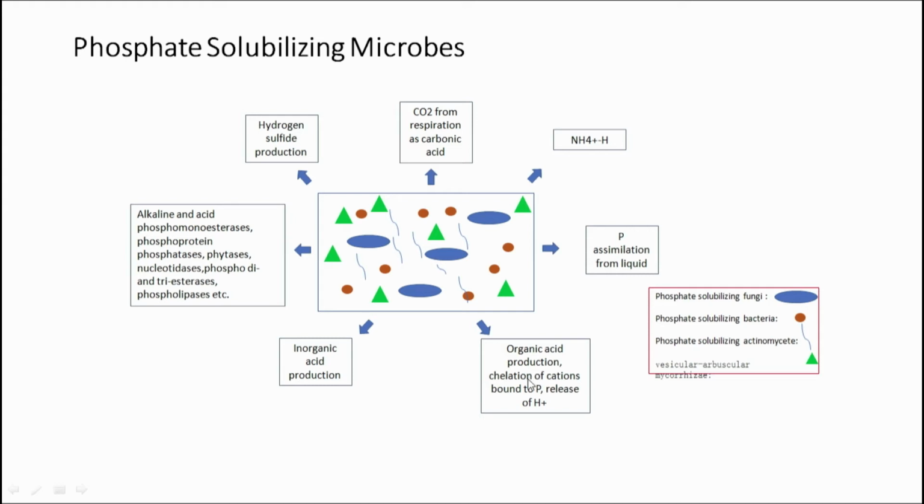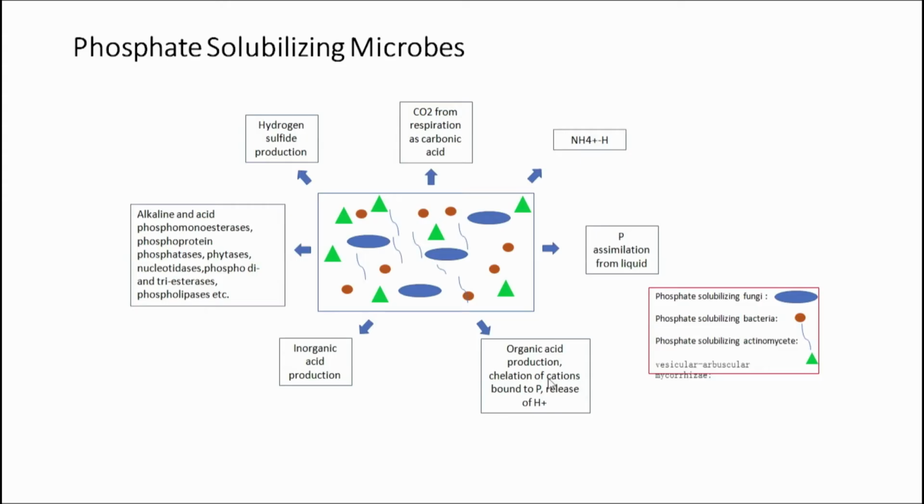What you see in the next point is chelation of cations which are bound to phosphate. Now you know phosphate is negatively charged, cations are positively charged. So in the soil there could be a lot of these cations which are capable of binding to these phosphates. However, in that form it cannot be taken up by the roots of the plants. But what the roots can do is bring about chelation, that is, they can hold together all of these cations which are bound to phosphorus. And once that gets internalized into the plant roots, then they are capable of using it.